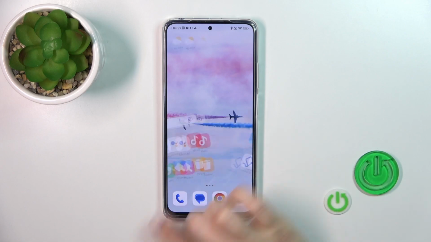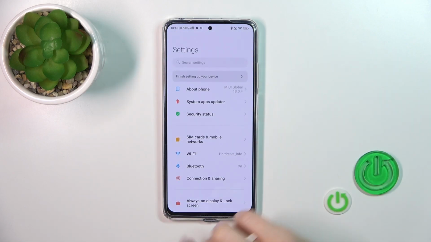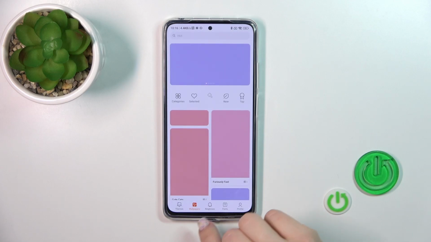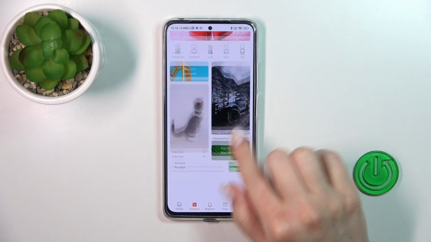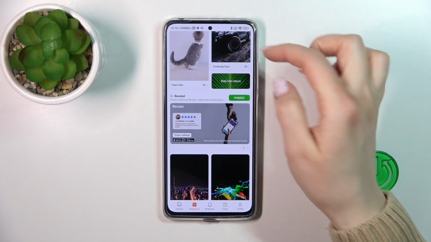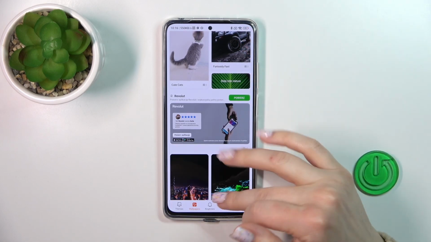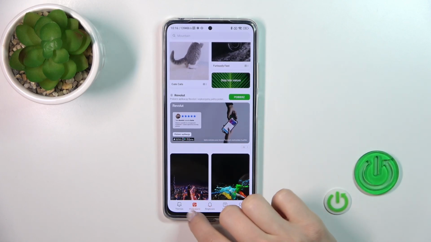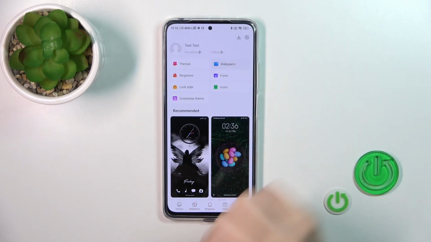So just to change the lock screen wallpaper, we should first open the settings and then scroll to the wallpaper section. Here you will see the online wallpapers. To use them, be sure that you are connected to the internet, to Wi-Fi or to mobile data. Also, if you want to use the default wallpapers, you should just switch wallpaper to profile and tap here to